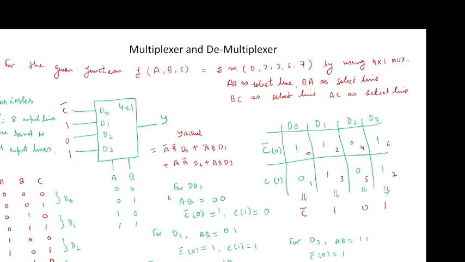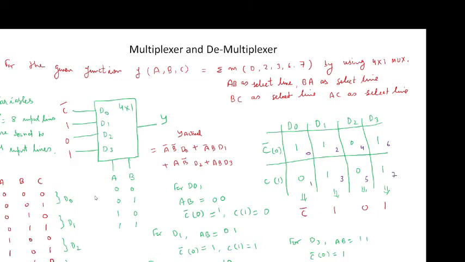Now see here how we can write the value of D0, D1, D2, D3, where AB is the select line. Now for D0, AB is equal to 0 0, you know it. Now when AB is equal to 0 0, then see from this table that AB equal to 0 0 lies on line 0 and on line 1. So for line 0, C bar is 0.